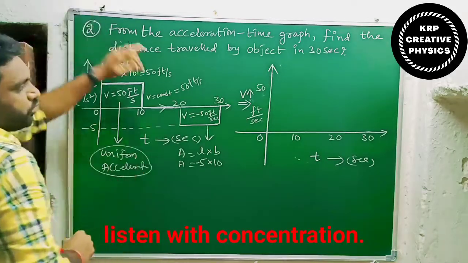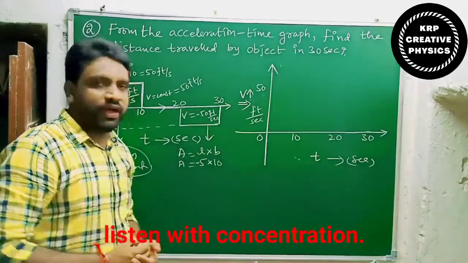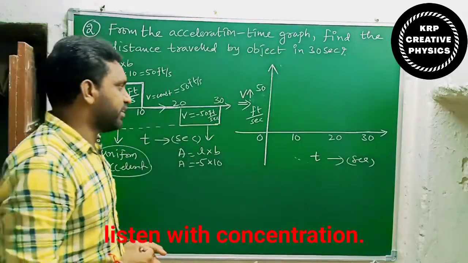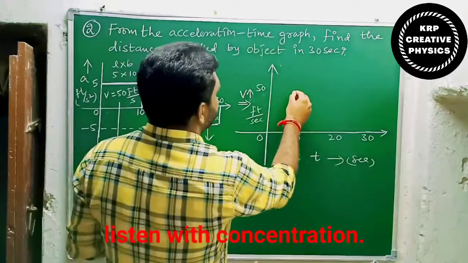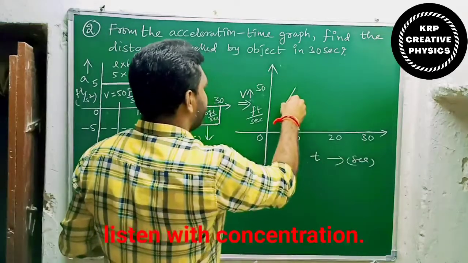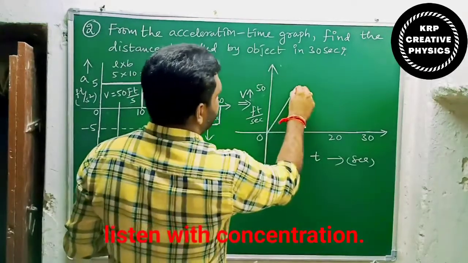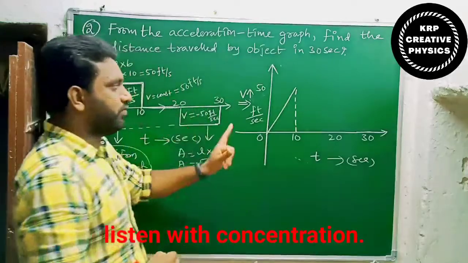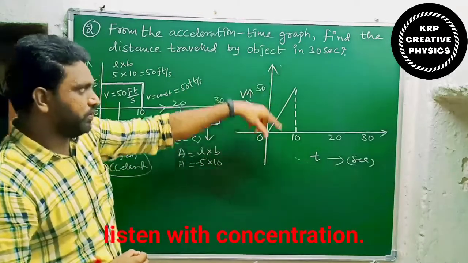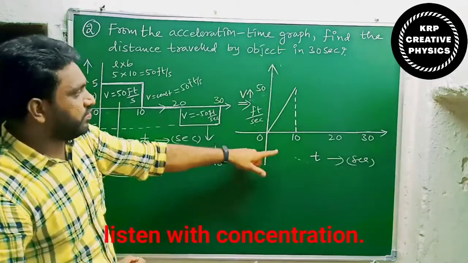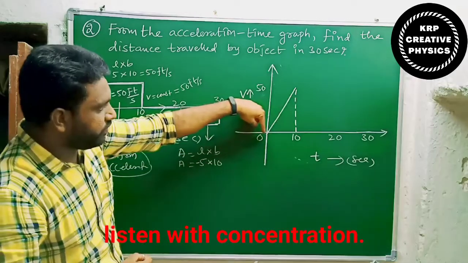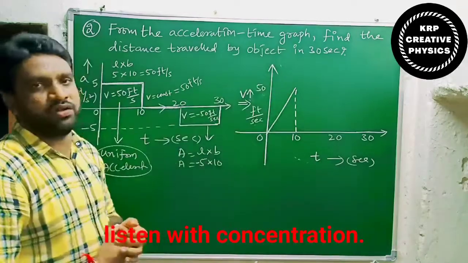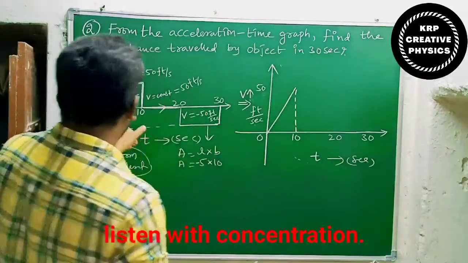Okay? So in case of a velocity time graph, how can we represent the uniform acceleration? Just with a straight line. So this is a straight line, uniform acceleration. This is from 0 to 10 seconds. If you refer to the velocity time graph, you will come to know that. So in a velocity time graph, uniform acceleration is represented with the help of this particular straight line starting from the origin. Okay. So this is 0 to 10 completed.